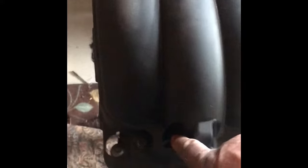On the left side, if you're facing the front of the truck, you've got 1, 2, 3, 4. I thought I was done, but no, they snuck a 5th one in the back corner here, which is a little tricky to get to. It's just about a 4.5, 5-inch extension, 10 millimeter, and you'll get right to them. They're not horribly tight. The other side has 4 on the main, and then it's got its 5th one